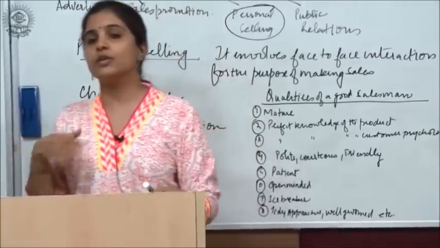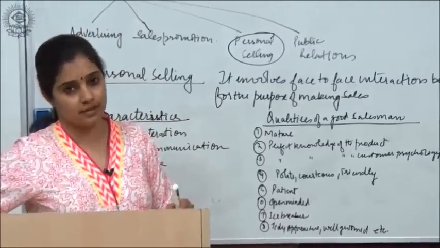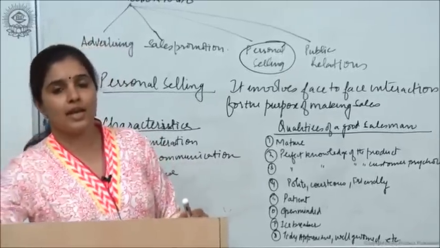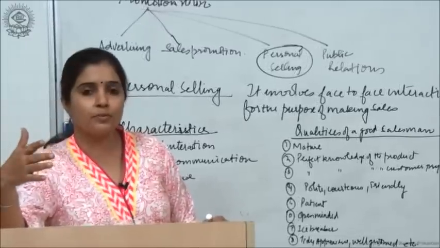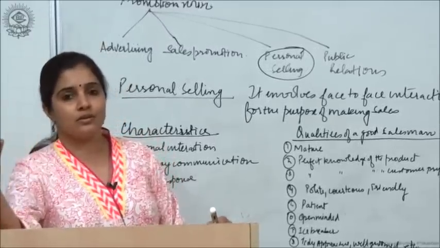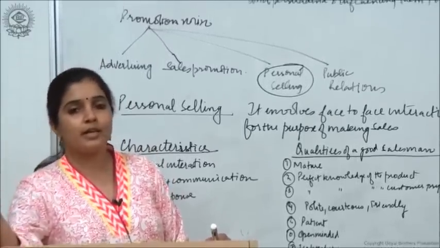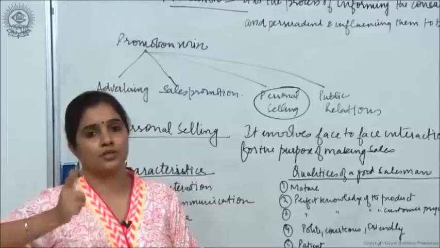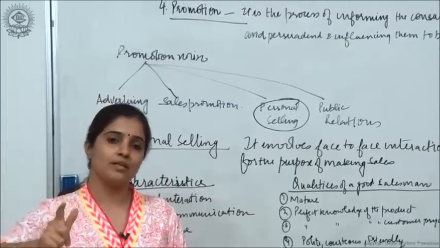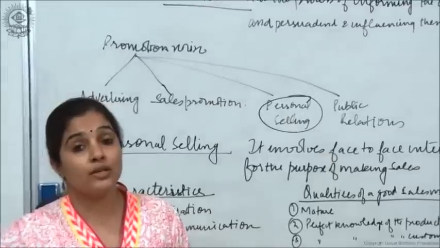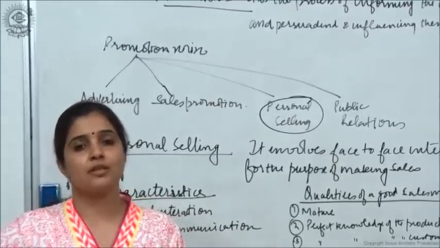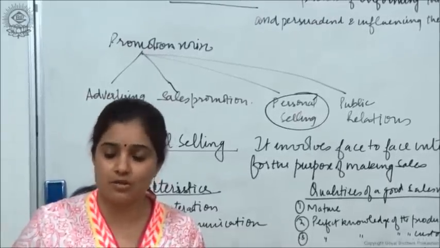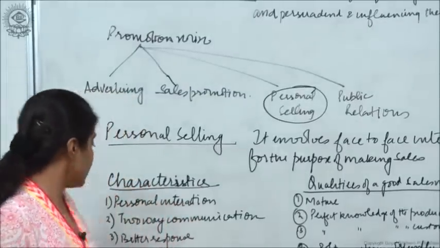In advertisement, only the manufacturer is informing the customer about the product, its features, its availability, right? The customer cannot express his views over the product, and whatever doubts he needs to clarify regarding the usage of the product, he cannot do that. It's more of a monologue in the case of advertising. But in personal selling, it's a two-way communication because they are interacting one-to-one. First of all, the seller explains everything about the product, its features and all. Then the buyer, wherever he is not clear about the usage of the product, can clarify his doubts there and then.